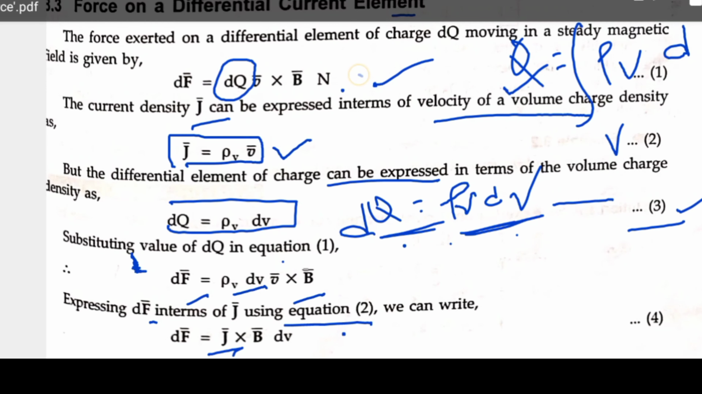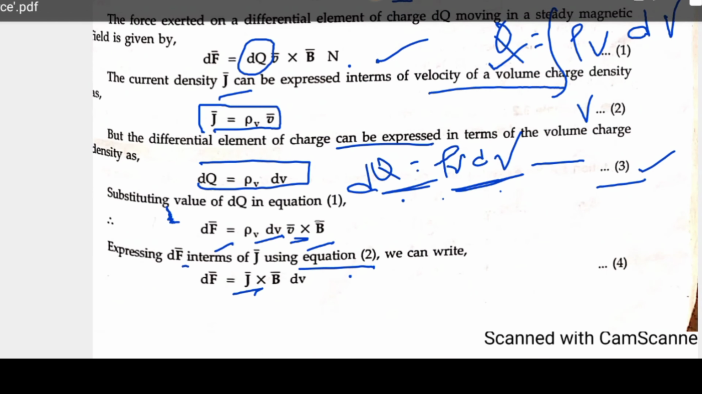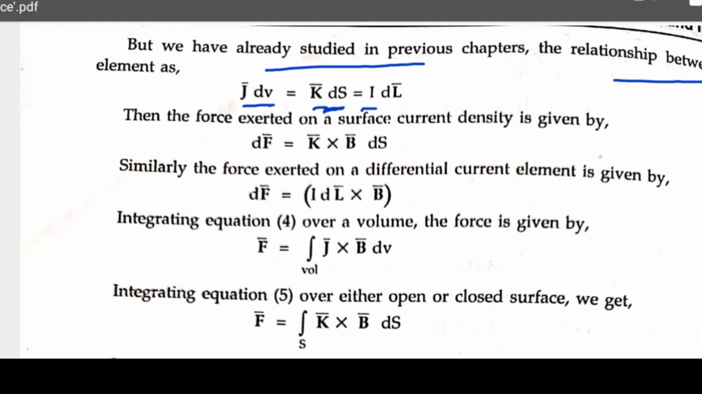Substituting the value of dq in equation 1, we can write rho v dv cross v cross b. If you substitute, we can write df as j cross b dv, make it equation number 4. The force exerted on surface current density. Current density is given by